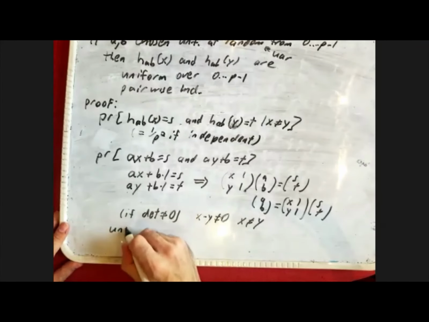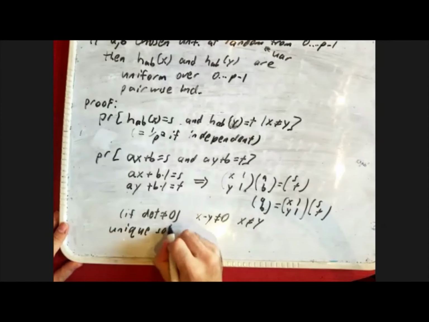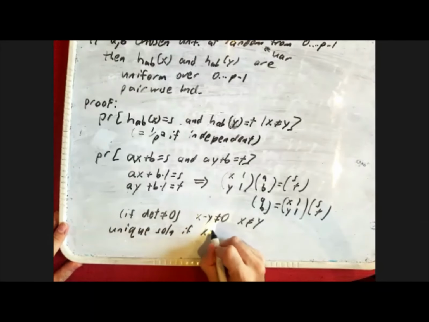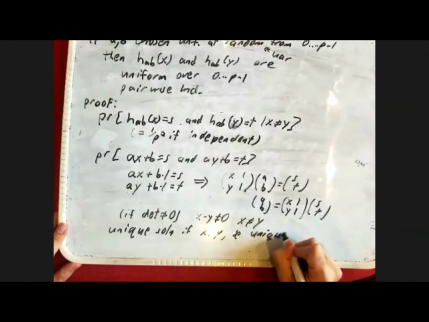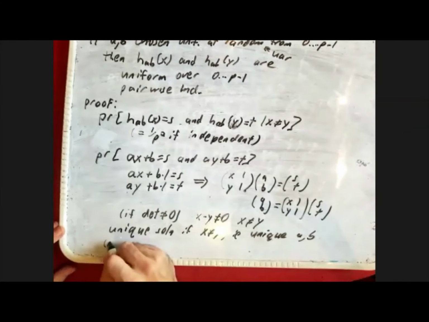So as long as X is not equal to Y, there is a unique solution. In other words, a unique pair of values, A and B, right? Now, this is where we are using a little bit of abstract algebra. We're used to this kind of argument when our matrices are real numbers. Now we're actually operating mod p over the integers mod p. And so it's important to remember that mod p